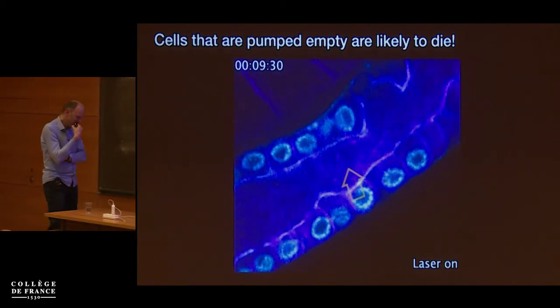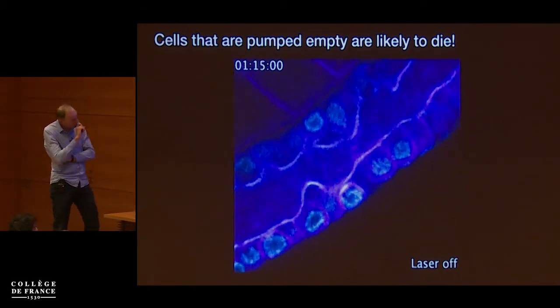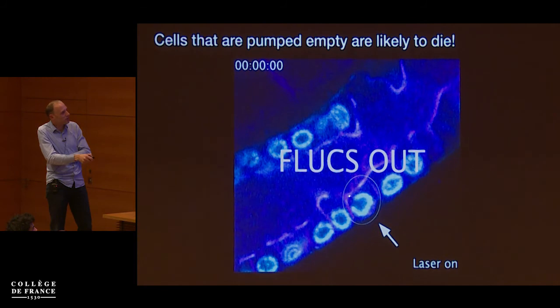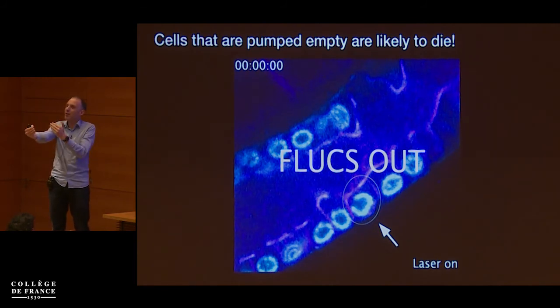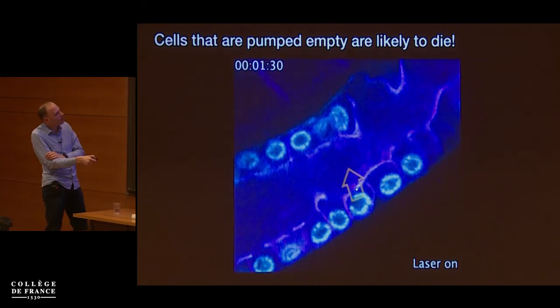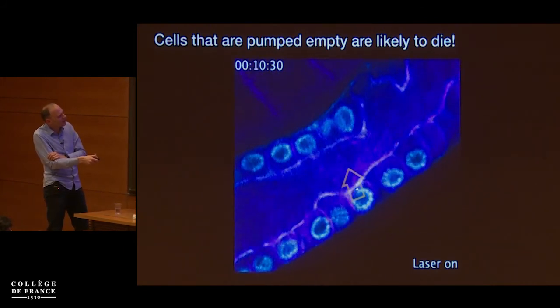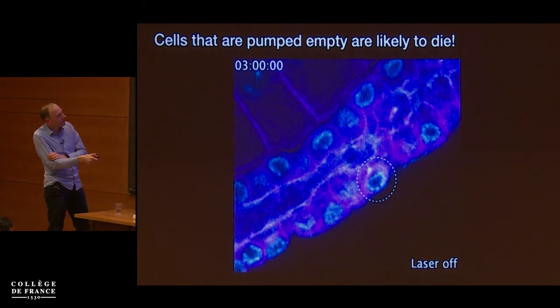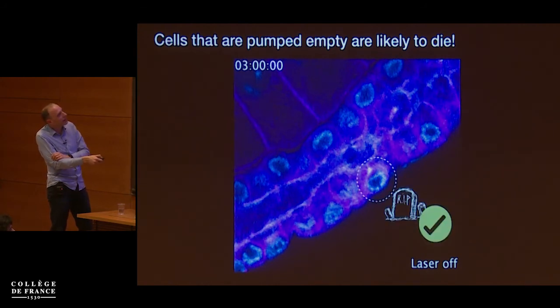So here you can see the experiment. It's very tricky. It took us several months, or took Julia several months, to find the right conditions to make this work. So we pursue this flux experiment for about 15 minutes, and then we wait 3 hours to assay whether that particular germ cell rounds up and dies, or whether it continues to survive. Okay, so with this cell, you can't see the flux, but I hope you can see a little bit how these particles are flowing out in response to the flux. And now the laser is turned off. We follow the cell for 3 hours, and this cell is now rounded up and has lots of myosin on its surface, so that's the perfect indication that the cell will die. Okay? So this cell, in response to flux, has died.